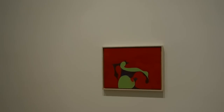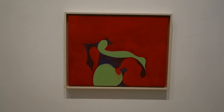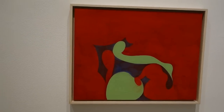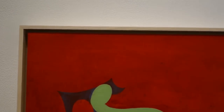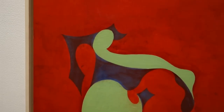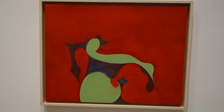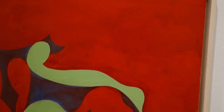Zip in on this Thomas Nozkowski. It's untitled. And I think this is oil on canvas board. Thomas Nozkowski worked on nothing but canvas board for about 10 or 15 years, and they're all 16 by 20 inches. Anyway, I think that one of the reasons that this generation is looked upon as kind of important was